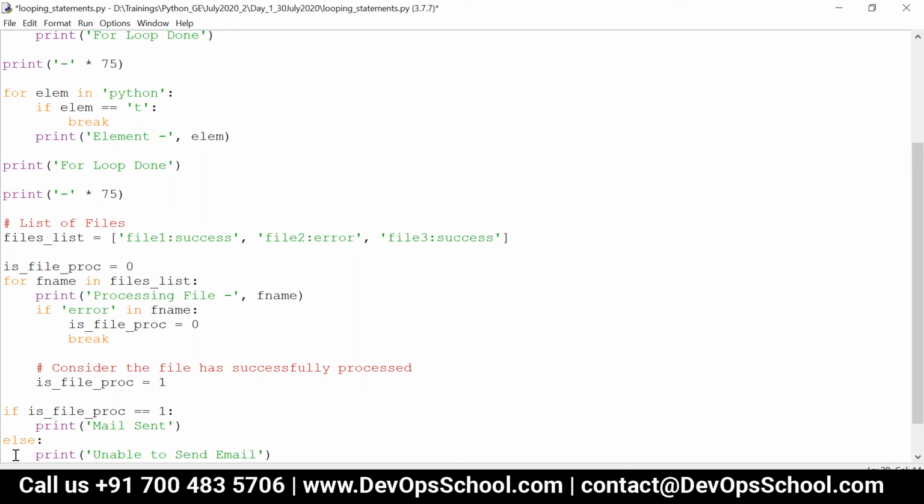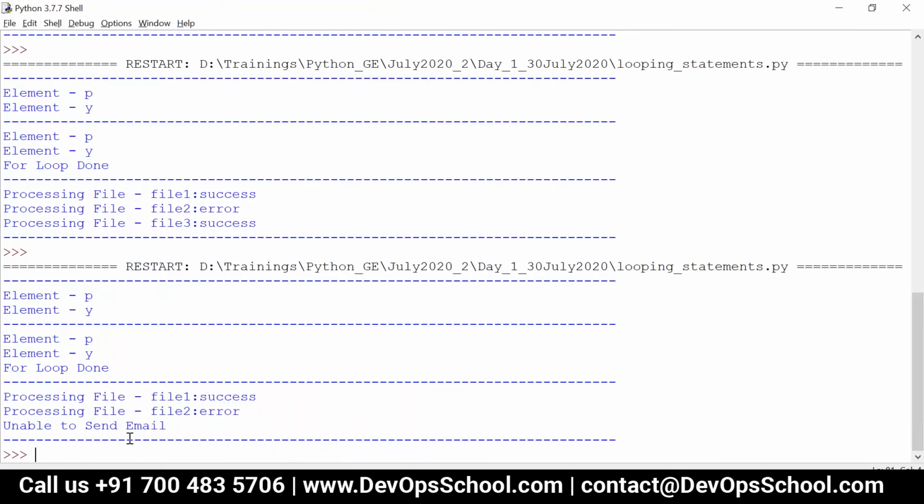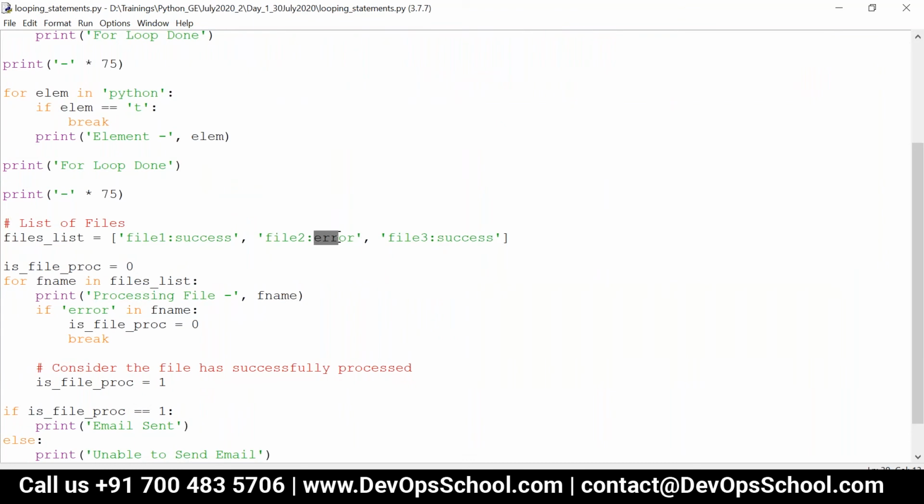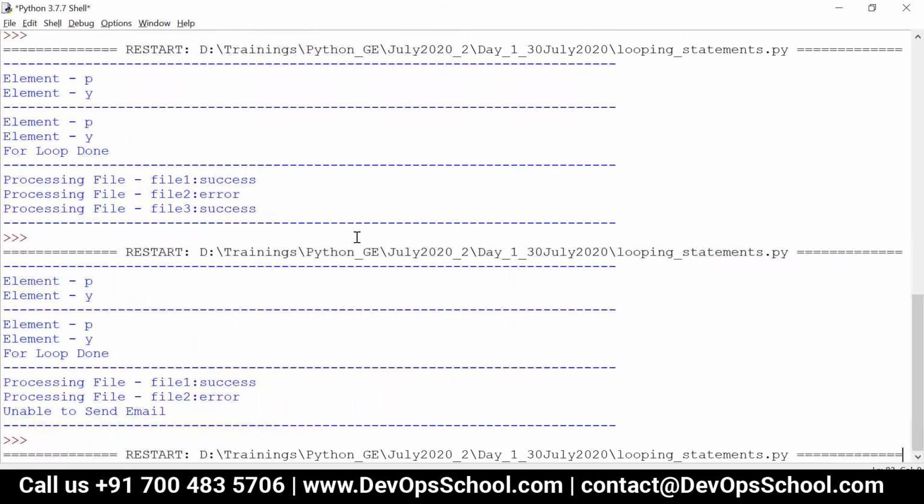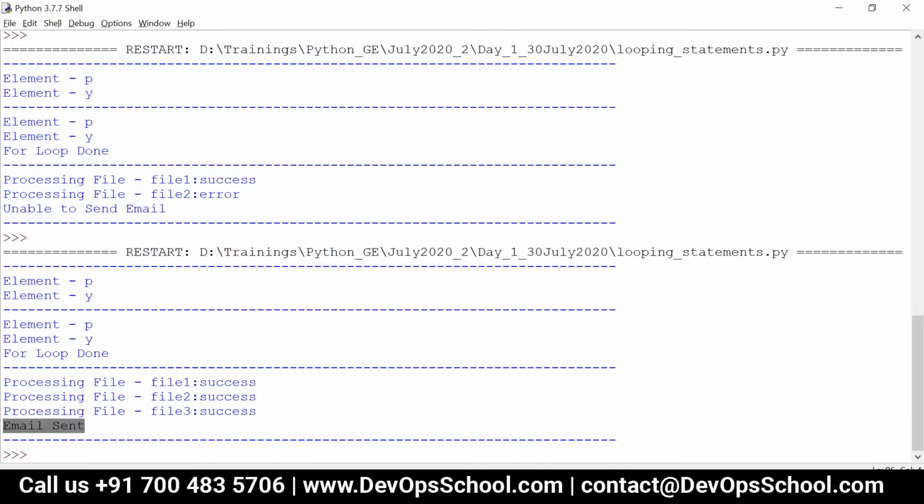So this is what we are going to do. Let's see. Unable to send the email because there is some error. Now let's change it, let's say success here. In this case, if I execute, you can see email sent because everything is success.